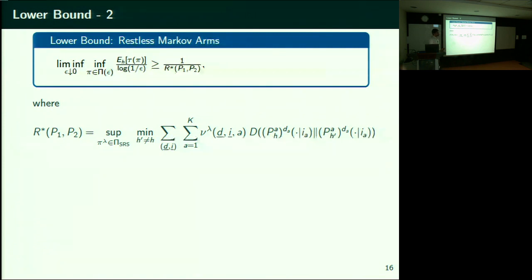And the key content of this is that it's enough to focus on SRS. But as far as the upper bound is concerned, the achievability part, you just want an achievable policy. You don't necessarily want it to be SRS, but you use the SRS to build a non-SRS policy that's moving towards the correct one. Even asymptotically, it is SRS, because once you are in the correct theta hat of n, from then on you're not changing. So at that point of time, it becomes SRS, but you don't know when that has happened.